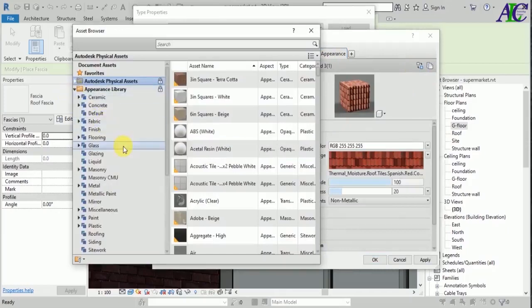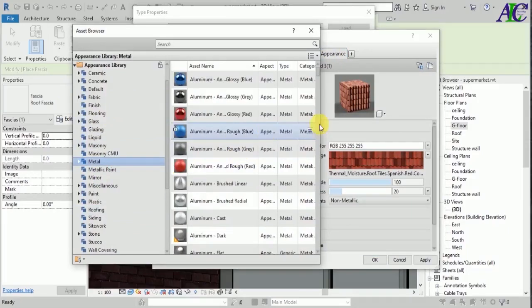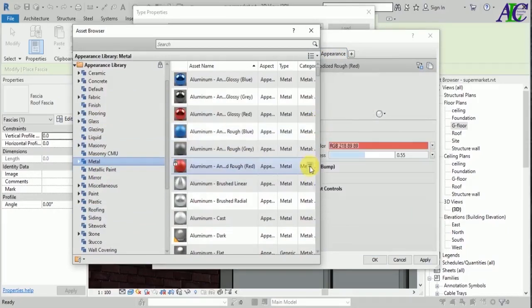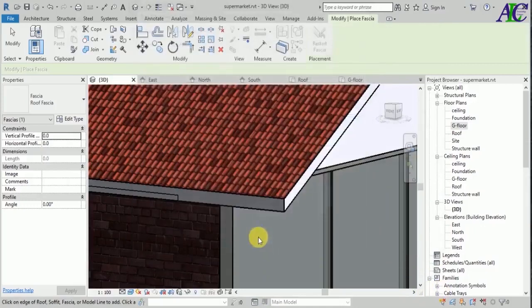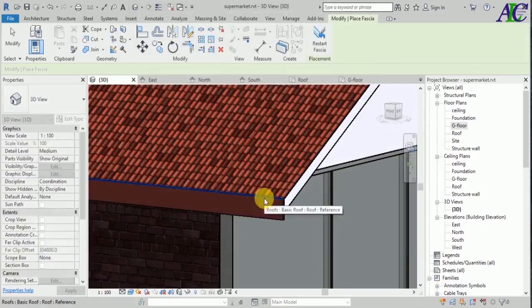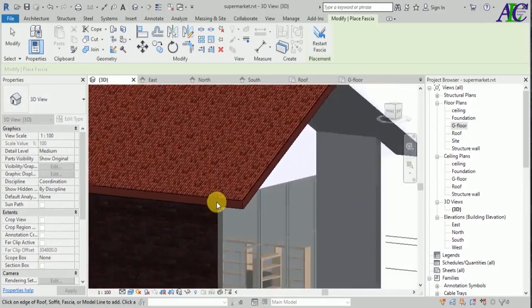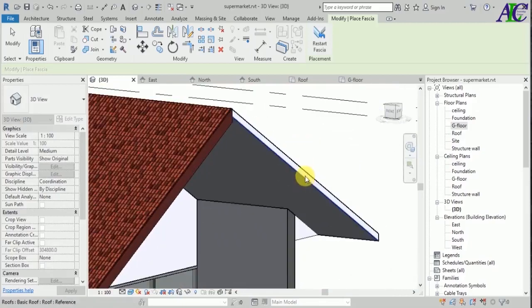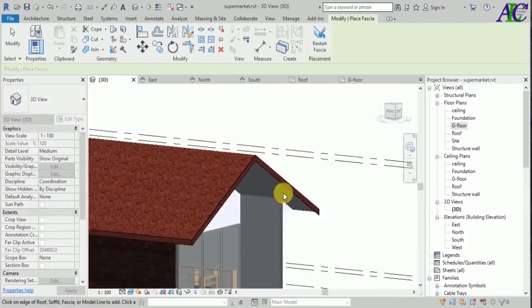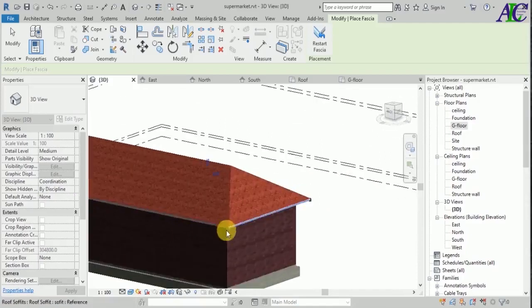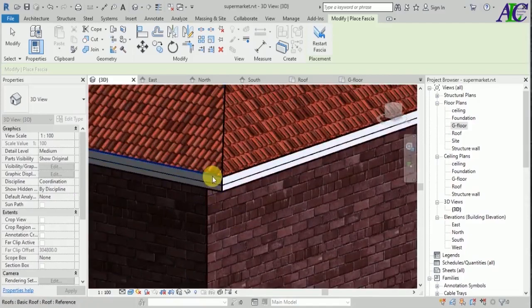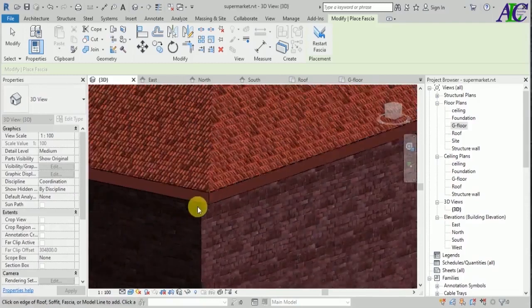I'm going to use the same color with the roof, this one, yeah, but not the same material, just the same color. Yeah, I'm going to use something material, this color. Let's apply. Okay, let's insert like this. And you can add all around the roof, yeah, like this. This is how to create the roof fascia. Okay,